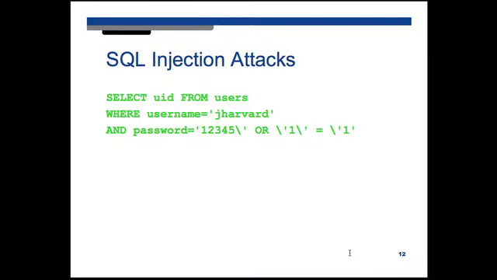Oh, and to be clear, in green here, this is what the bad guy would experience if you actually called mysql_real_escape_string. It looks stupid, but it's no longer tricking you into evaluating something as a 1 equals 1 expression. Now it says, give me the user ID where the username is jharvard, and the password is literally 12345 semicolon space OR space and so forth, which is not likely someone's password. And even if it is, it's probably John Harvard who's trying to log in with that.